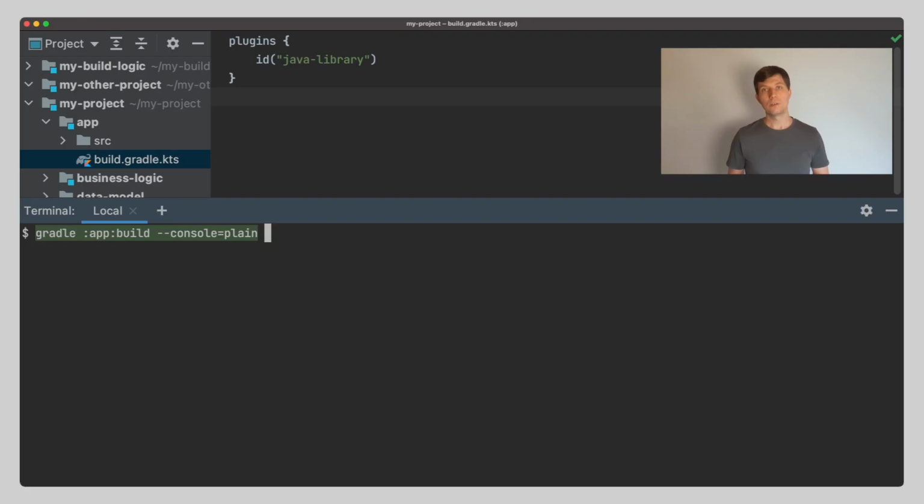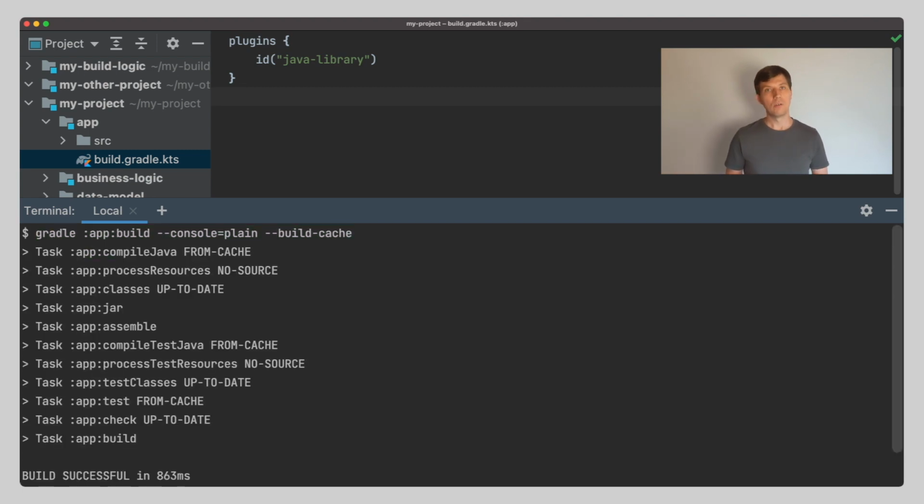Gradle is also able to reuse results from history. For this, you need to enable the build cache, which you can do via the build cache command line parameter or by setting a property in the Gradle properties file. This can speed up your builds a lot, for example, if you switch between branches regularly. The build cache can also be located on a remote server and shared between multiple machines. With this setup, the CI server can populate the build cache and multiple developers can reuse the results.